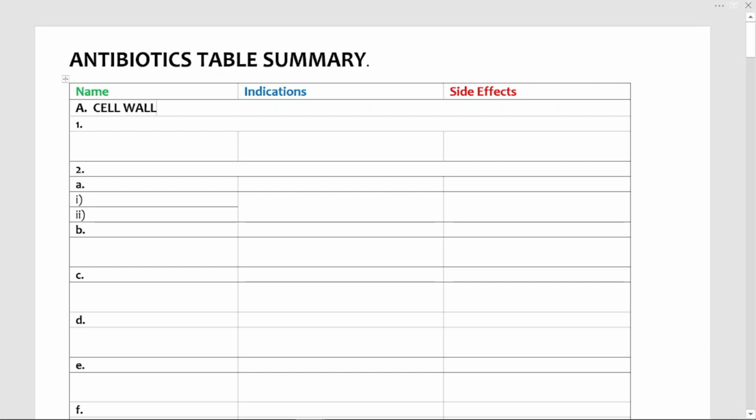The first section we're going to look at today is some of the antibiotics that work against the cell wall. Remember that in yesterday's class I told you that the cell wall is majorly composed of the peptidoglycan layer. This is a very strong layer that gives the bacteria a mechanical layer. So when it comes to the cell wall, the first group that you have to understand is